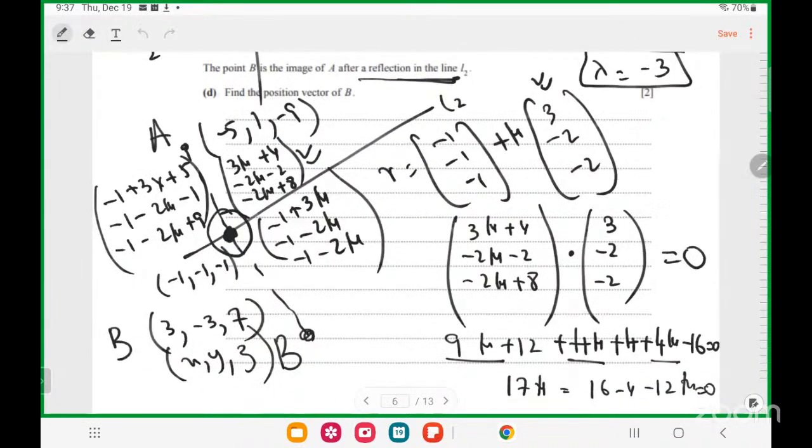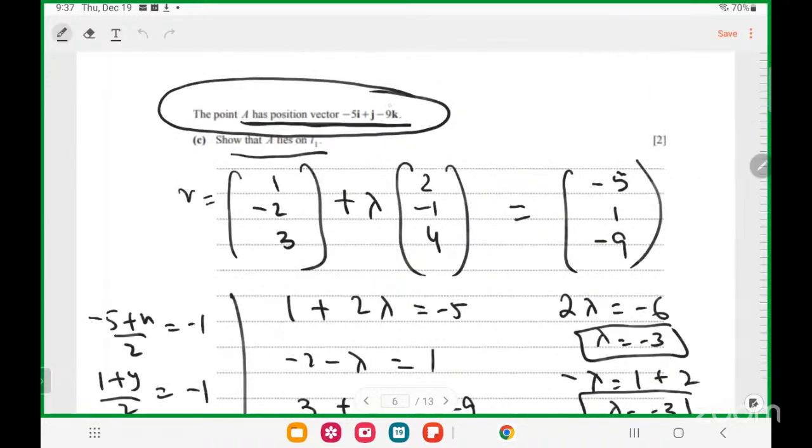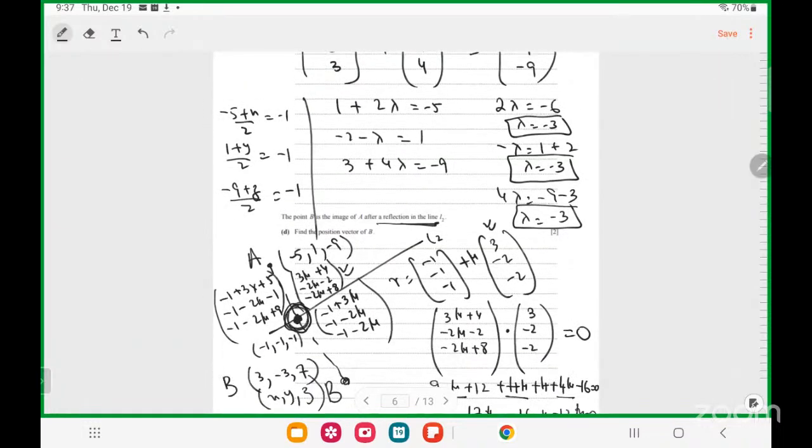Since point of intersection was already known, हमें ये सारी वर्किंग नहीं करने की जरूरत थी। इस पर्टिकुलर सवाल में जरूरत नहीं थी। नॉर्मली अगर पॉइंट ऑफ रिफ्लेक्शन का सवाल आता है तो ये सब करना है। इस पर्टिकुलर सवाल में क्योंकि सवाल ने साफ साफ बोला हुआ है that A lies on L1, और आपने ये बात प्रूफ करी हुई है, इसका मतलब the point of intersection between A, L1 and L2 is the foot of perpendicular. So A पता है मुझे, मुझे फुट ऑफ परपेंडिकुलर पता है, तो मैं डायरेक्टली इस सवाल को सॉल्व कर सकता था। ये वाला पॉइंट और ये वाला पॉइंट would have acted as midpoint and I would have found B,